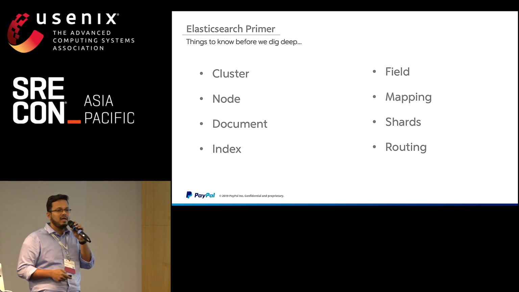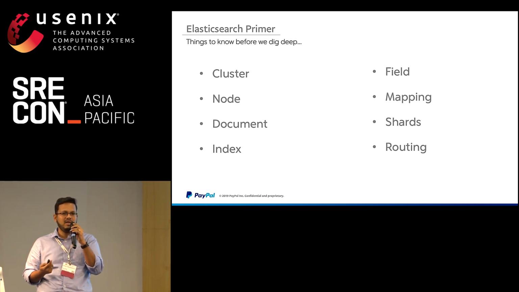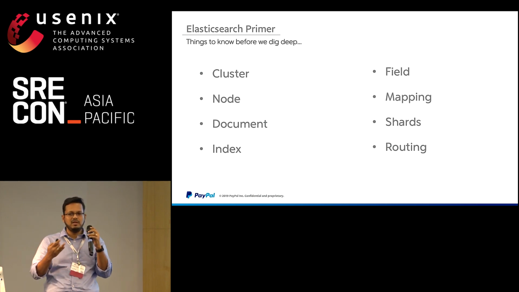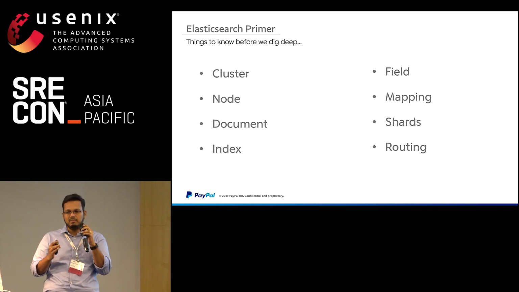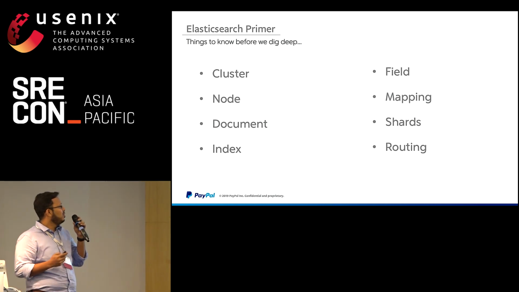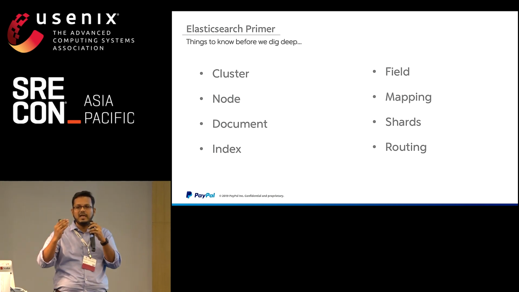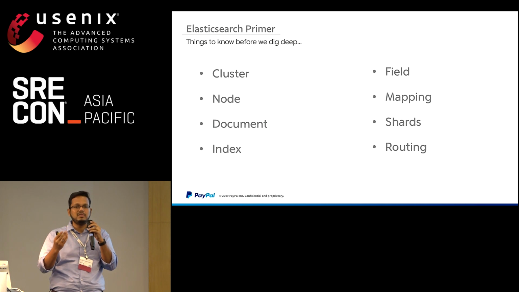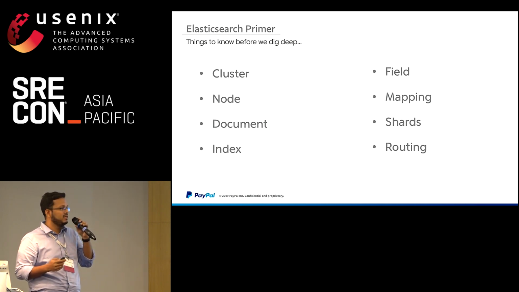An index is nothing but a collection of documents. Think of an index, in older versions of Elasticsearch, as equivalent to a database in traditional RDBMS terms. In the newer versions of Elastic, think of it like a table. A field is nothing but a column. So if you have a log line stored, your error status, your timestamp, these might be fields in there. You have mapping.